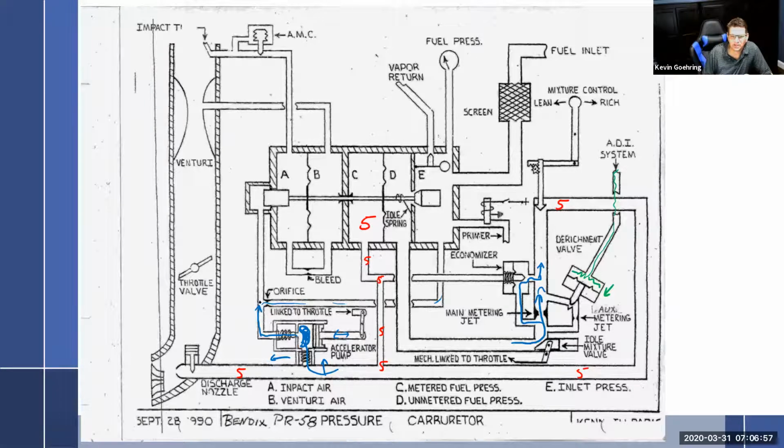All right, let's try this way. So I come up here and I go into this chamber and, oh yeah, what if when I pressed on the accelerator pump, it pressed on the end of the poppet valve and forced the poppet valve to go to the right momentarily? Would that accelerate this thing? Well, wait a minute. Yeah, it would force it open, allow more fuel through here. The fuel would come around through here. And yeah, it's a long way around, but that would make sense for an accelerating system to me.